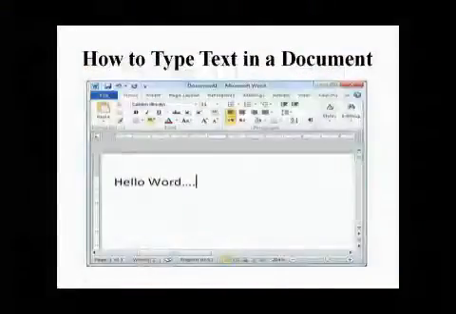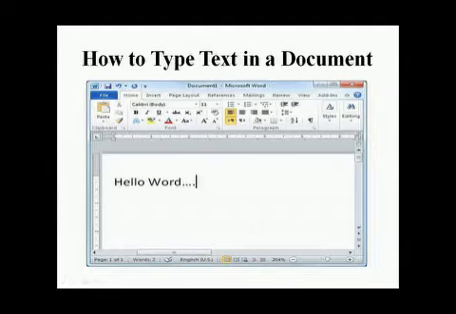We will start entering text in a document. Dear students, Word is a text-based application. When you open a document, the cursor is at the starting point. As you type, it moves from left to right. While typing, if the text does not fit on the same line, it will automatically move to the next line.